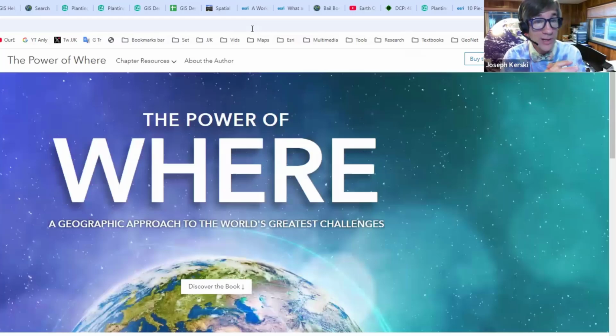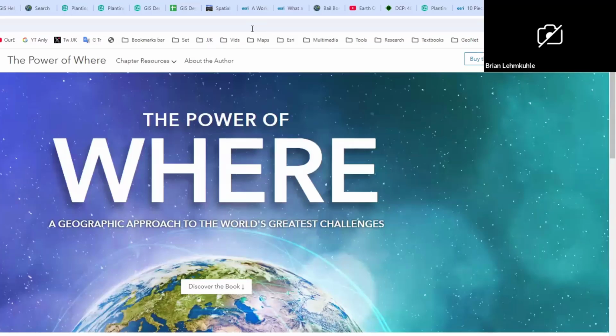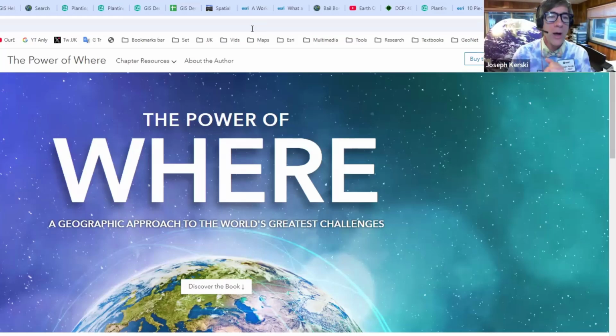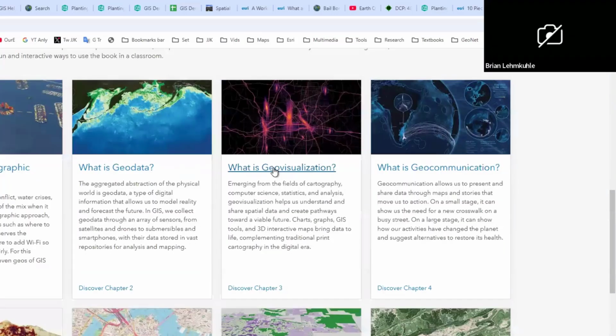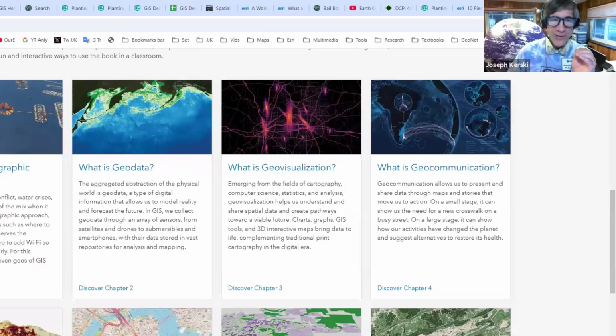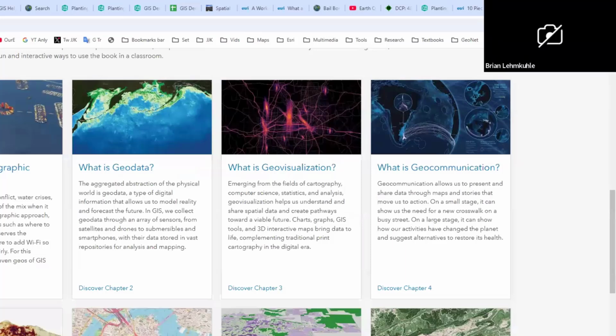I also want to encourage you instructors, if you're teaching intro or even intermediate GIS or related topics, if you're teaching economics, oceans, physical geography, cultural geography, sociology, and some other topics, you can actually use this book because every single thing in here, okay, every single thing in here is,